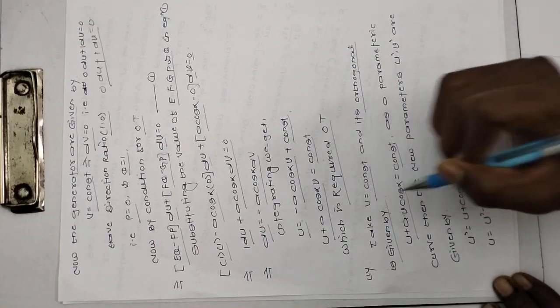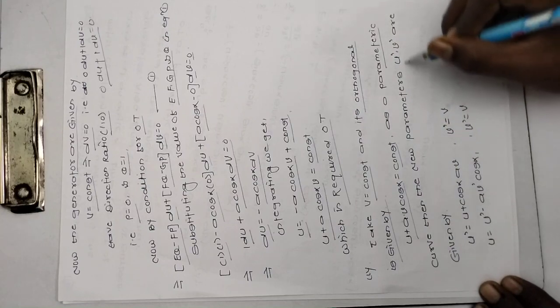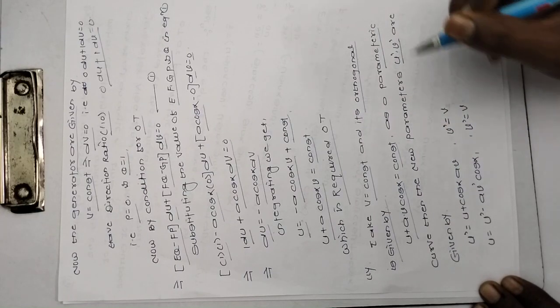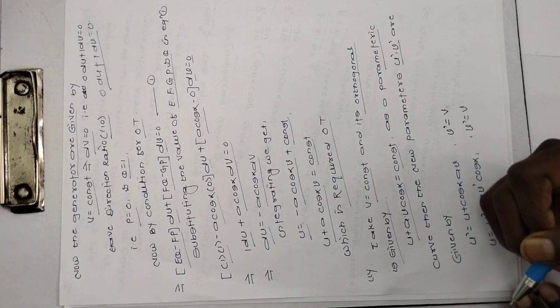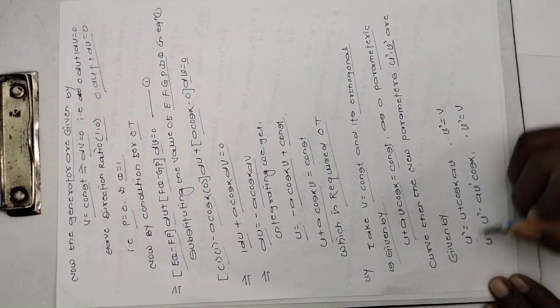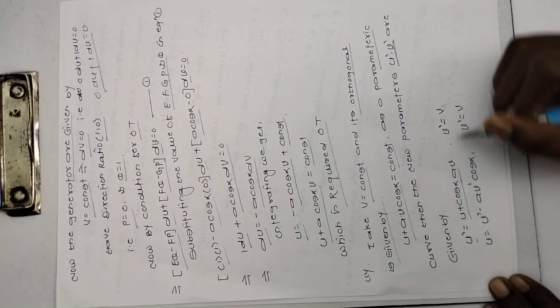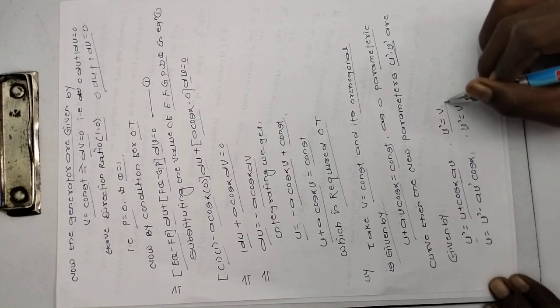So these are the orthogonals given as a parametric curve. Then the new parametric curves U dash, V dash, where U and V are the old parametric curves, are given by U dash is equal to U plus cos alpha A into V, and V dash is equal to V,